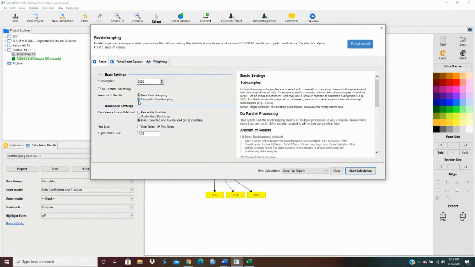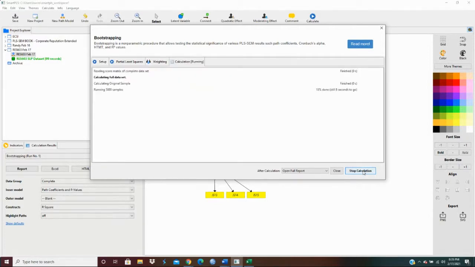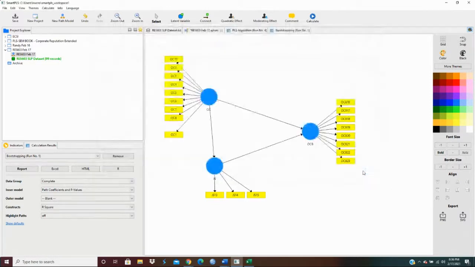Okay, I want complete bootstrapping instead of basic. That's what I forgot to run. Let's run that again. And we have to wait while it's running all these. That's why it ran so fast last time. The more cases you have and the more samples you ask, the longer it takes, but the more accurate your